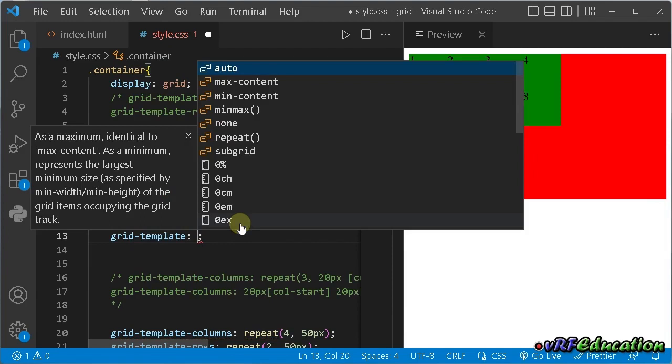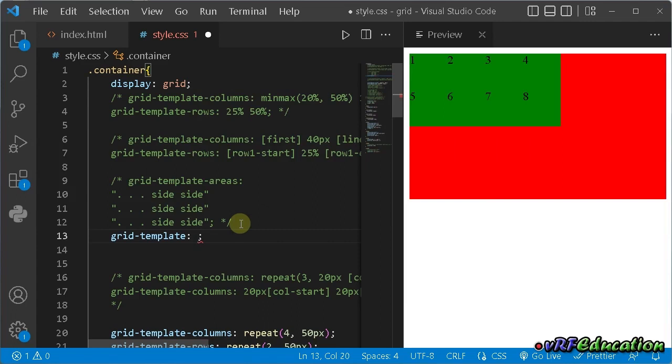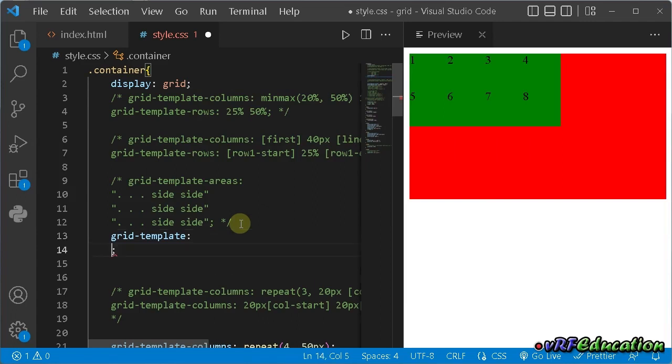Using grid template, I can define rows and columns and also areas in different manners, but this is the most useful one, and it's used widely. For this one, first we are going to declare rows and areas simultaneously, and then using a slash we define